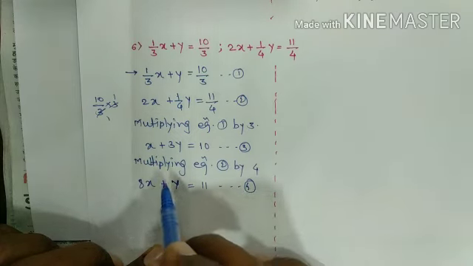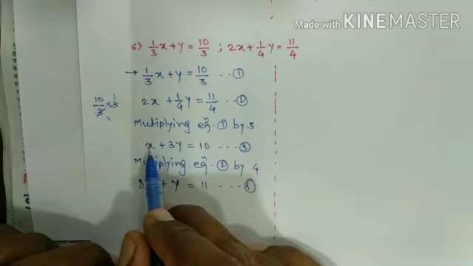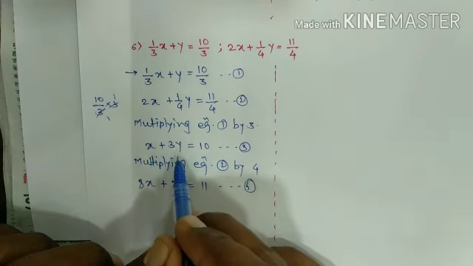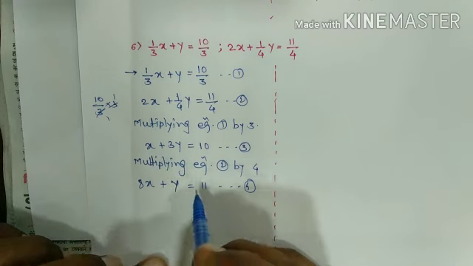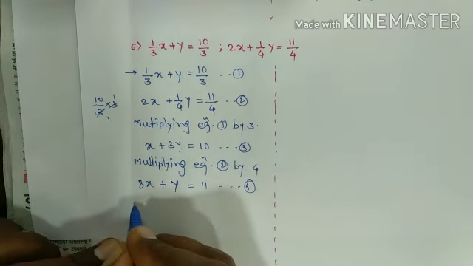मग इथं आपल्याला दोन्ही व्हेरिएबल पैकी वाय या व्हेरिएबलचे कोएफिशिएंट इक्वेट करणं सोपं आहे. दॅट्स वाय हिअर वी मल्टिप्लाय